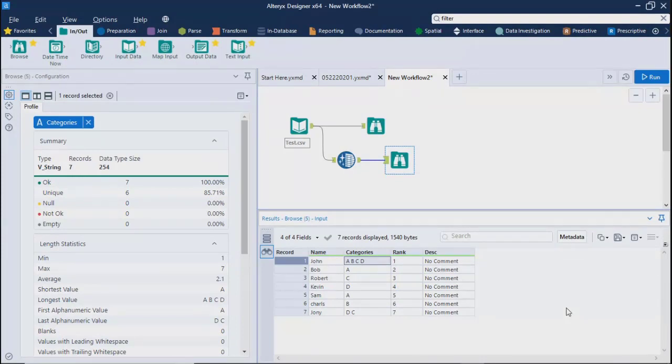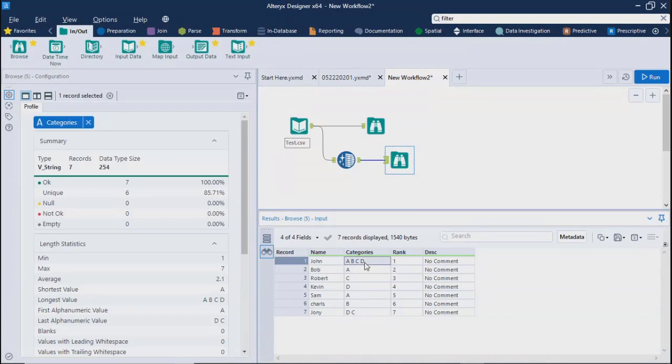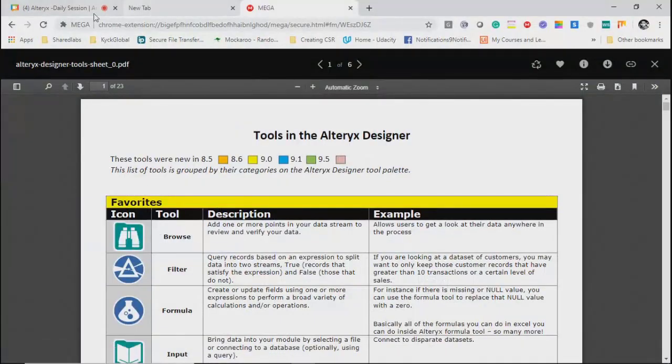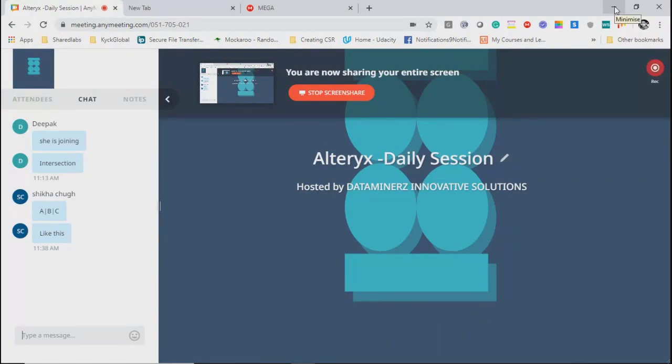I think people are still confused. We are good. I am good. Okay. What about you, Shikha, Deepak? Yeah, good. Deepak, I hope you are also good. Deepak, please work with your mic because we need really, kind of interaction in this session. By this, I would not know whether you are understanding or not.